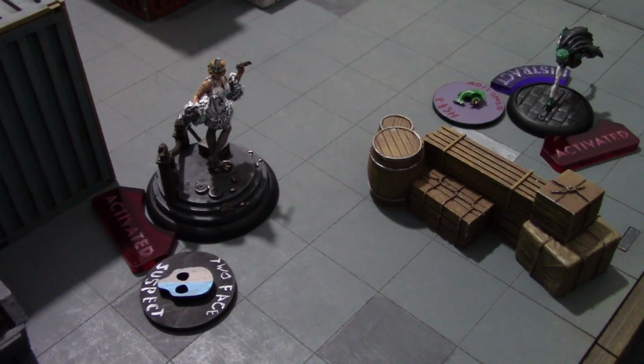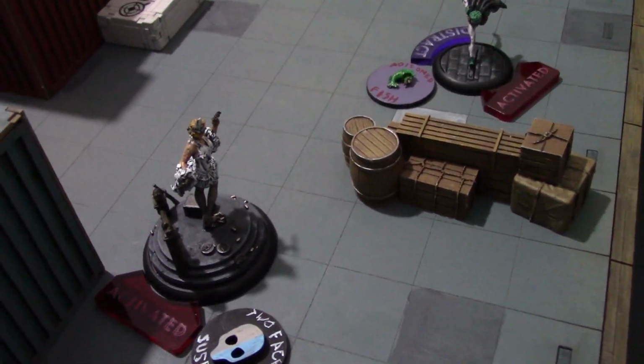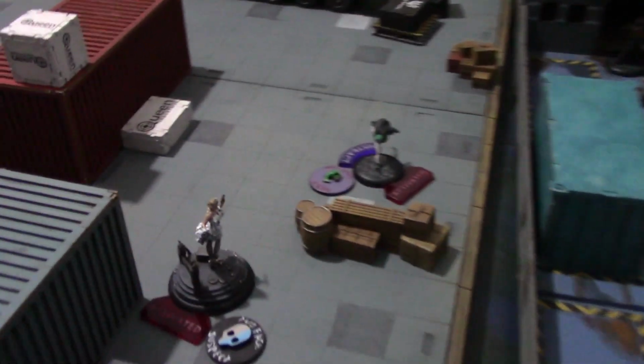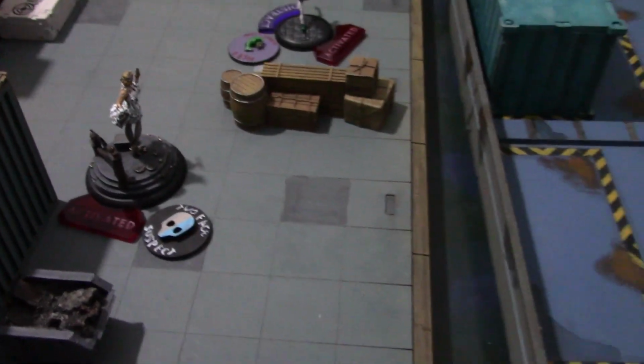She had audacity, if you remember. She moved up 10 inches to here, and she used her special action to distract the Robin Who Laughs. It lowers his defense by 1 for the remainder of the round. She then used her tactical action to pop down a suspect marker in base contact with her, and then she